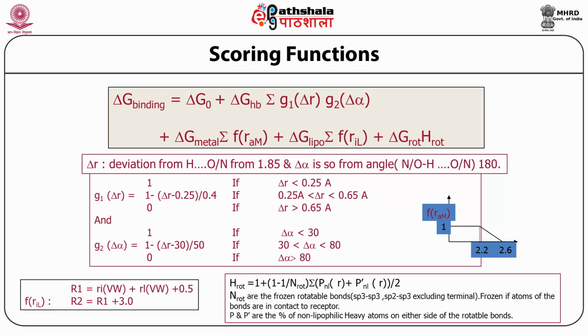However, there are a lot of limitations even in this design, and that is that most of the scoring functions use an average contribution. So actually some interactions may be more predominant than others, and it does not take care of that. It also assumes the binding mode of the molecule or ligand in the receptor is always exactly the same, even if you use a different pose. Hence, it becomes a bit difficult if you have a different conformation or a different pose of the same conformation binding to the active site.